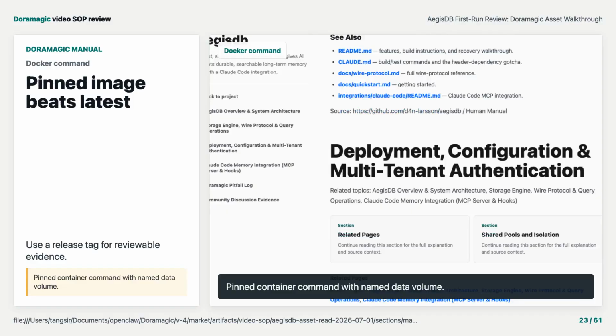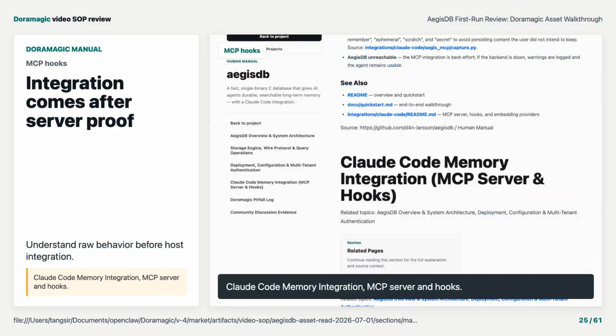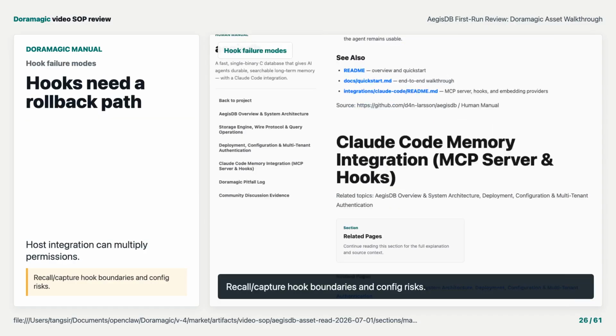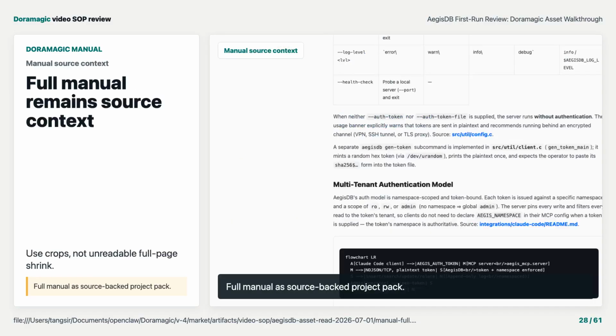The project page also exposes the operator route. Try the prompt first, read the manual, take context to the AI host, then run Sandbox verification. The Docker command is not hidden in a description, it is part of the Doramagic page. That means the video should show it from Doramagic, then show the same setup path from upstream GitHub, then show